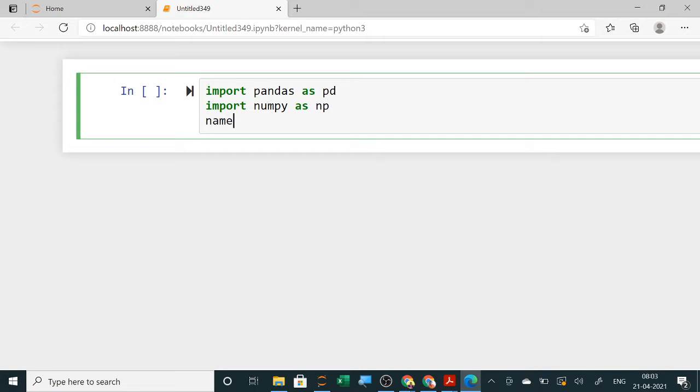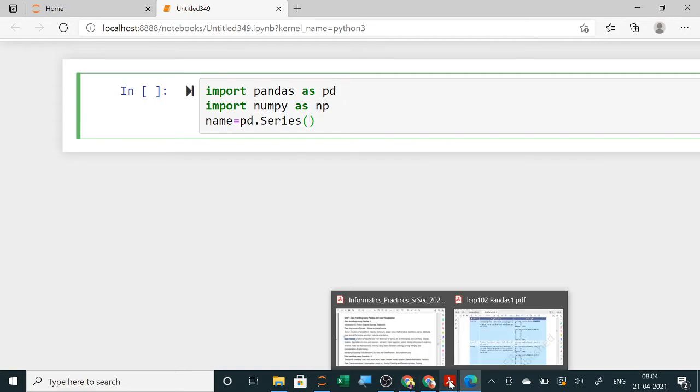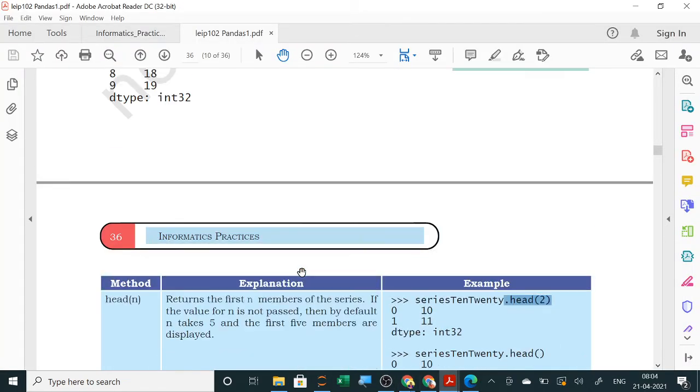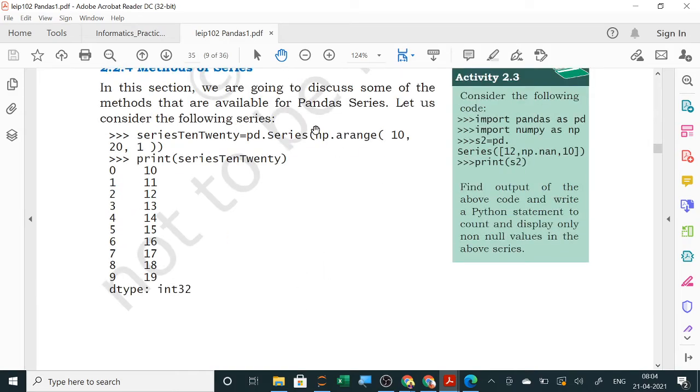Now I have created a series, suppose student's name, student's marks. So I have created a series in which I will write pd.Series, or roll number also you can give. Now you have already learnt how to give the roll numbers, suppose regular roll numbers. Now np.arange, suppose in your class there are 40 students, but just now I will take only 10 students.